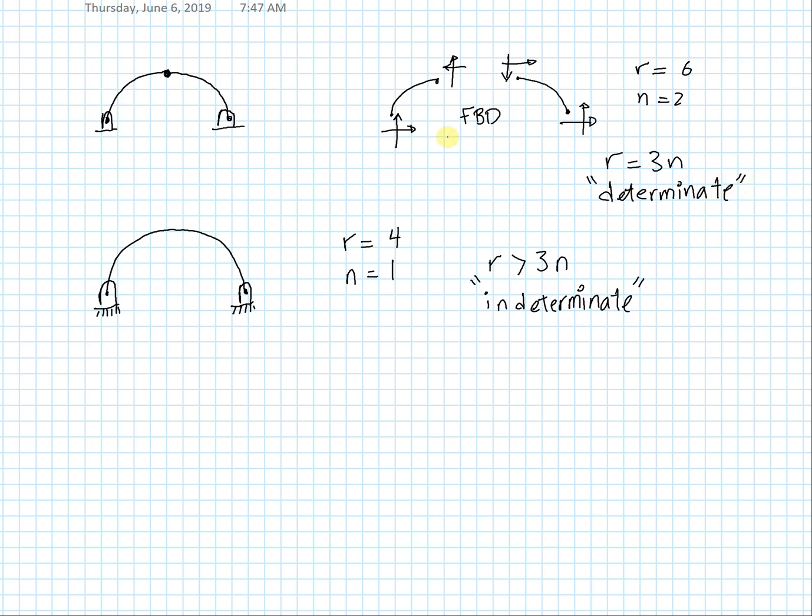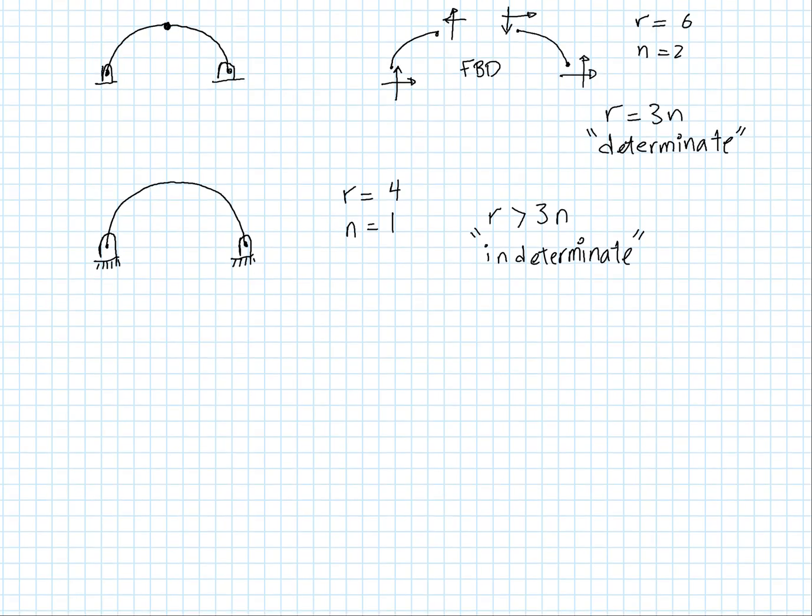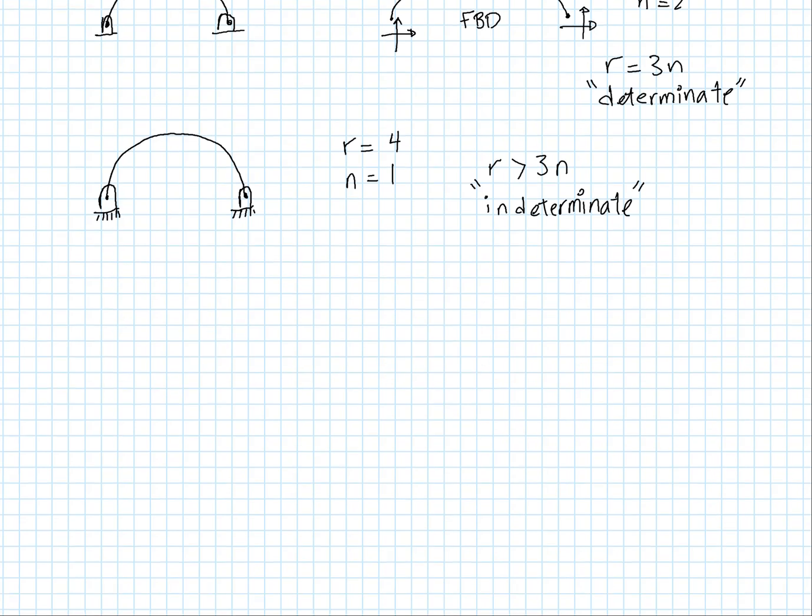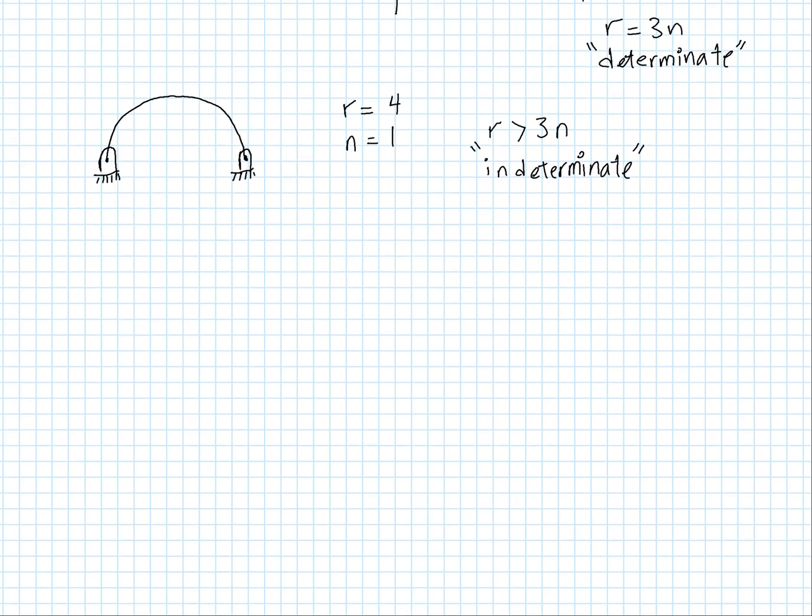Okay, so that's really one way to look at determinacy and how determinacy ties into instability. There are other ways instability can occur, and we're gonna look at some examples of them. Those are really rare, but they are small details that you should pay attention to as engineers. Suppose I have some sort of